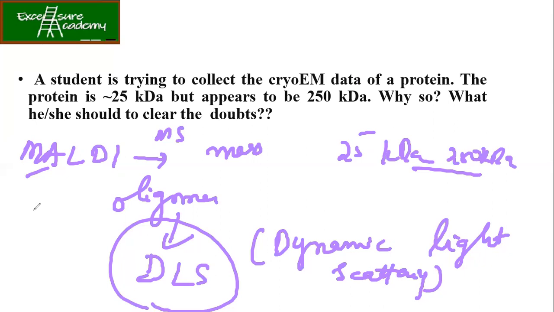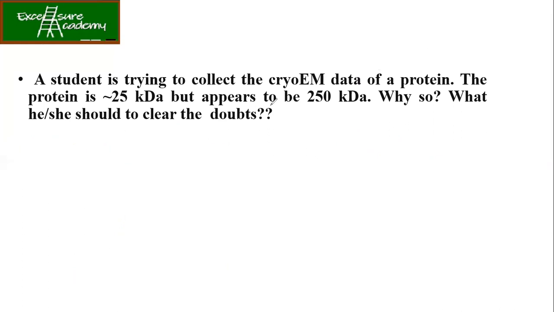Also, how will you calculate it? There are certain mathematical formulas. It will be good if you could remember those, because over there it is called the hydrodynamic radius or something like that. And please try to remember, it's actually a very good technique. Suppose oligomers are formed, then DLS will talk about the homogeneity of the solution. If the solution is having both types of proteins, like 25 kilodalton and 250 kilodalton both, then the solution is not homogeneous, right? Then it is heterogeneous. It will show that it is actually forming oligomers. So this is how a student can clear the doubt.